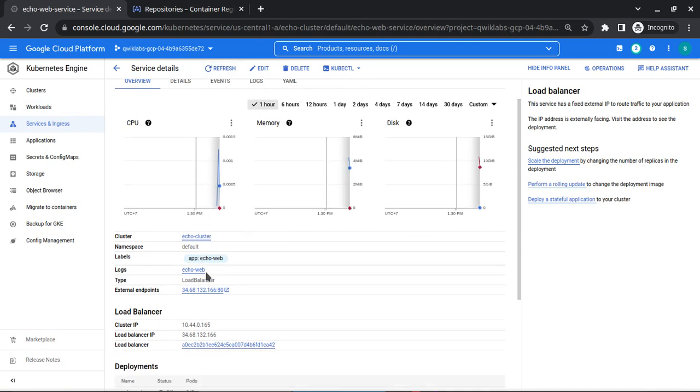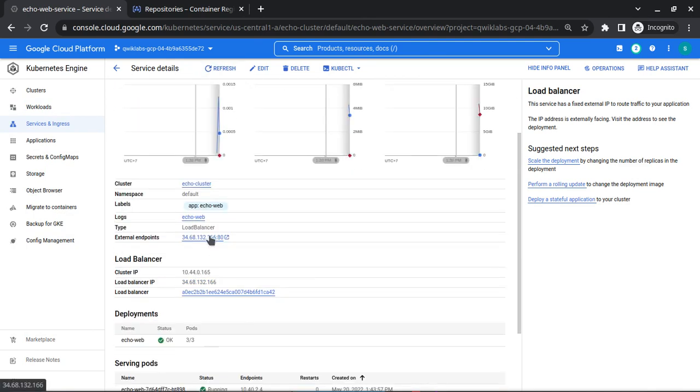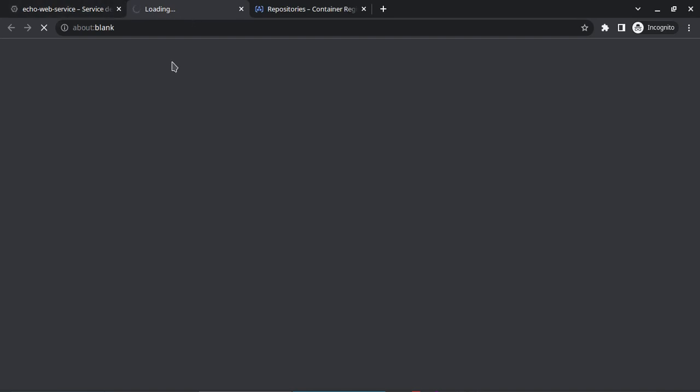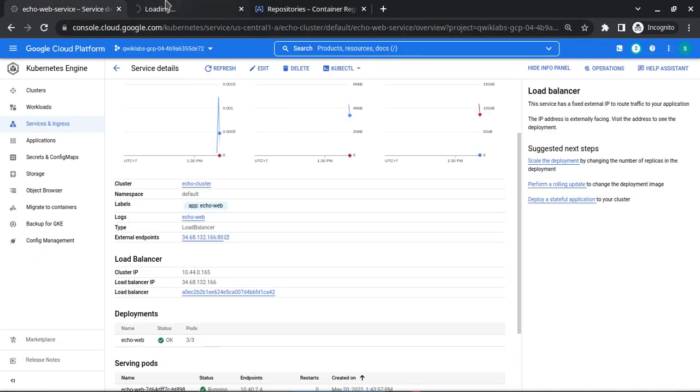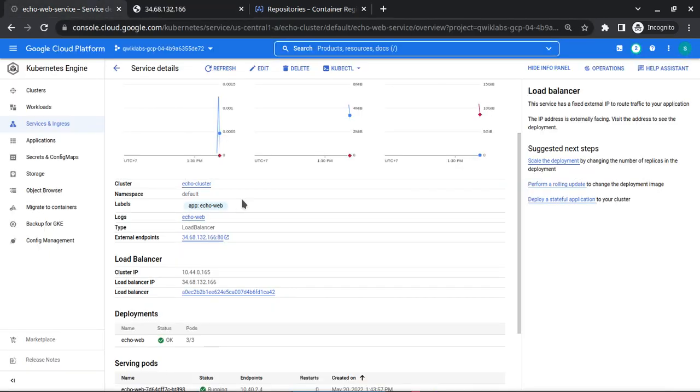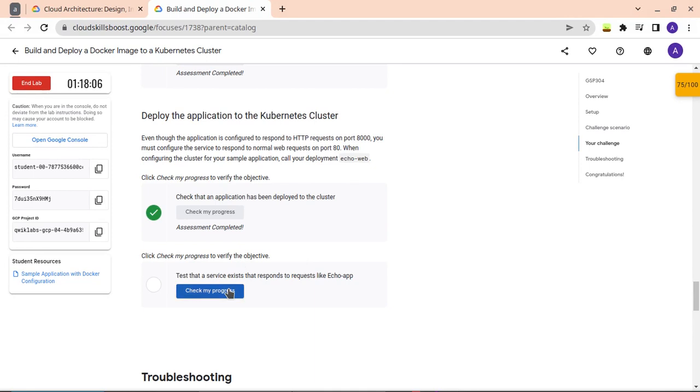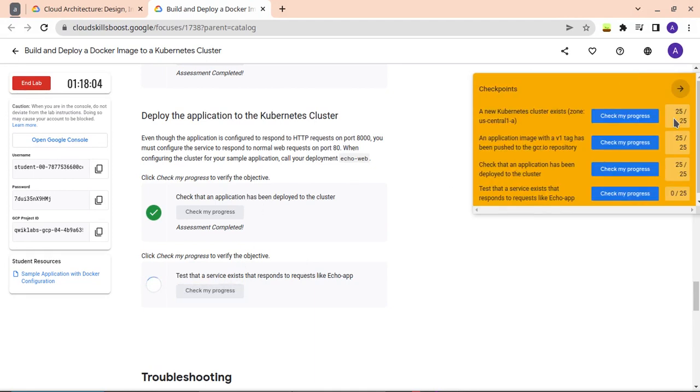Alright, here's the public IP. We can just click on it and then wait until the application is accessible. Sometimes it takes several minutes. Yeah, got it. This is echo test version 1, with the host name and host IP, and we can click check my progress